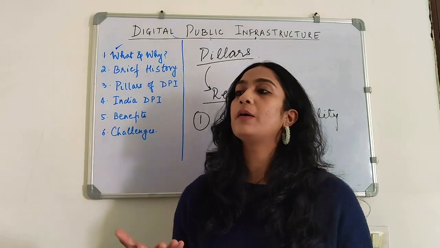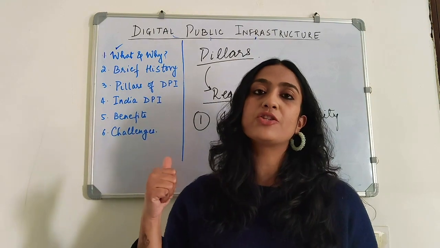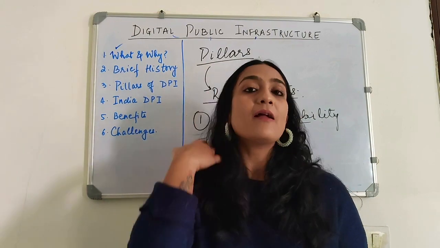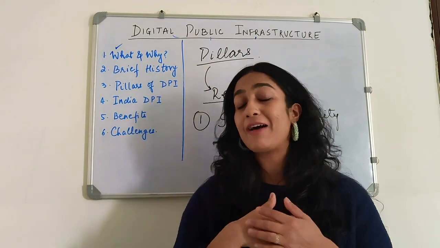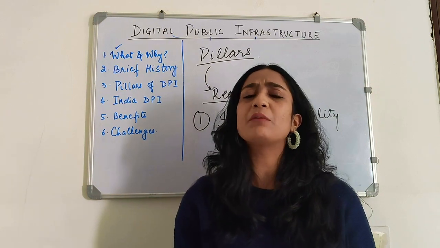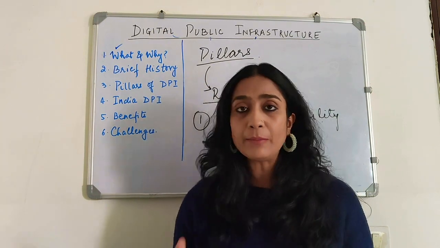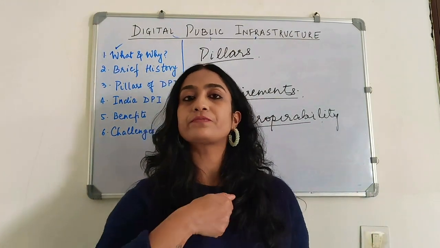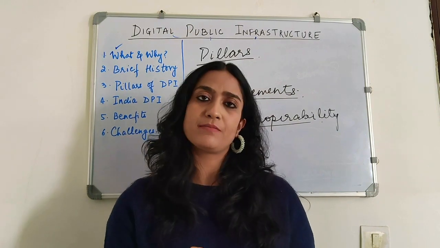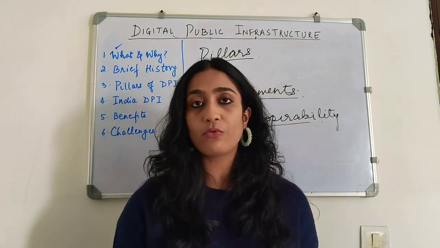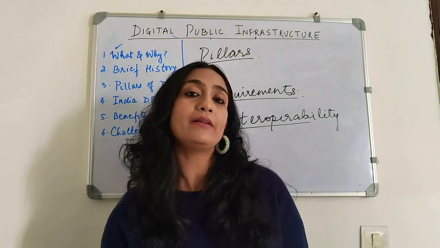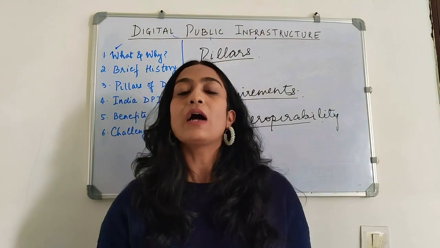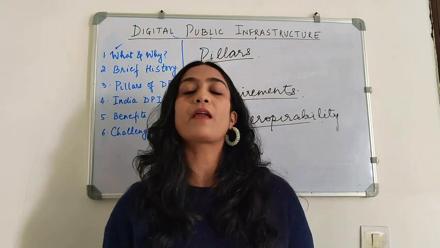Similarly, now the best example you can find in the digital zone is UPI. So the QR code that is used, that is interoperable. You may have any UPI app, you may have Paytm, you may have Google Pay, you may have Bheem UPI, but using the same QR code, you can do your transactions using any of these apps. So it's not like you will need a different QR code for Google Pay, and a different QR code for Paytm. It used to be like that, but now it's not that anymore. So interoperability has now come up in this digital payment environment.